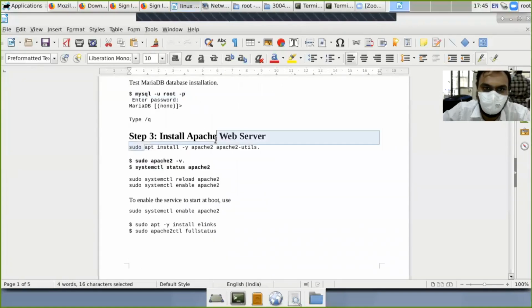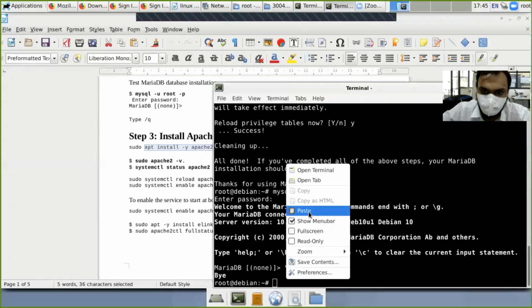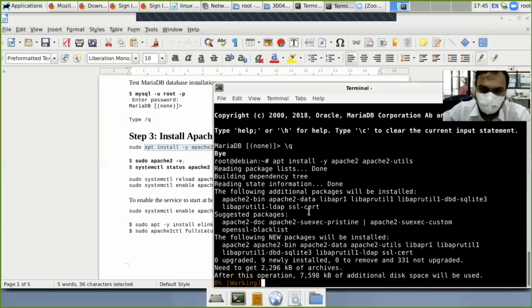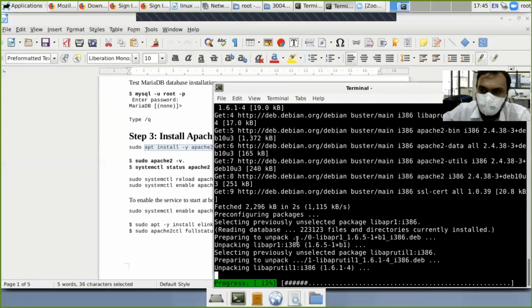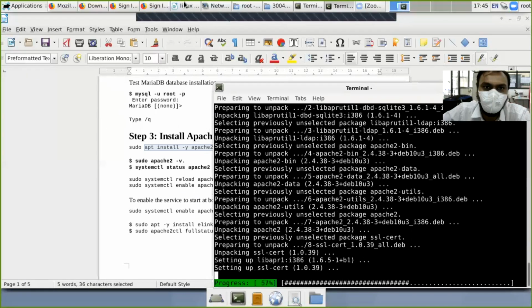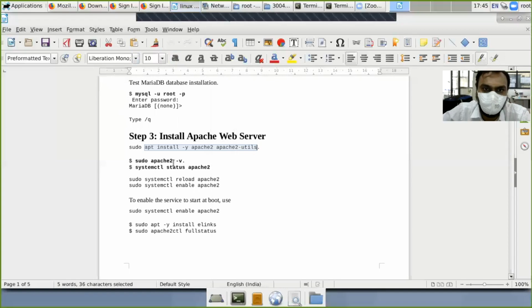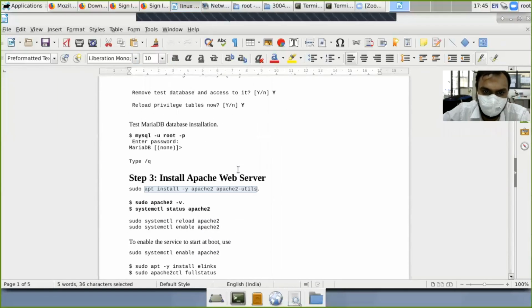Now install the Apache web server. Copy it and paste in the terminal. After some time it will be installed. Whatever request you have made, Apache server will display it.